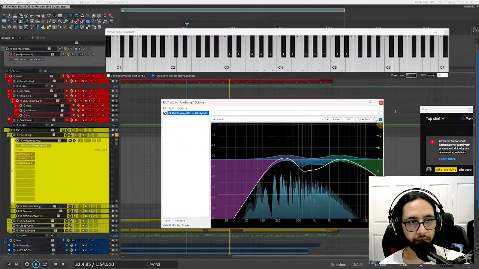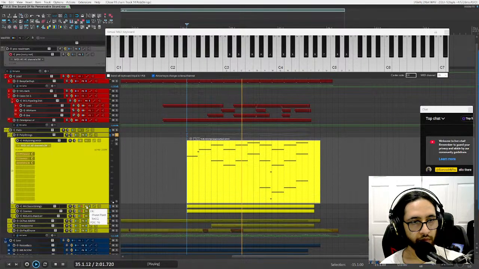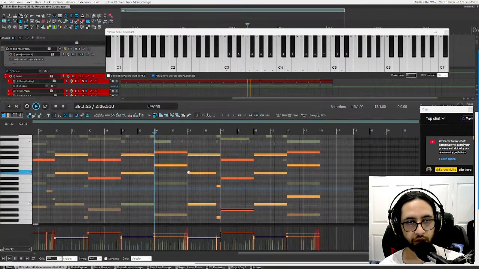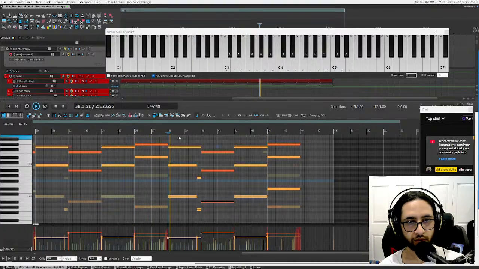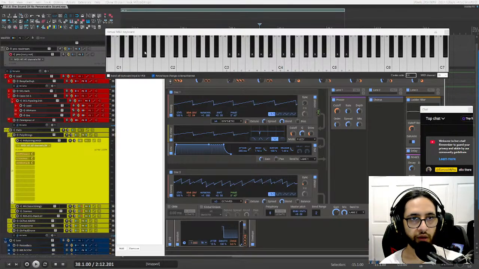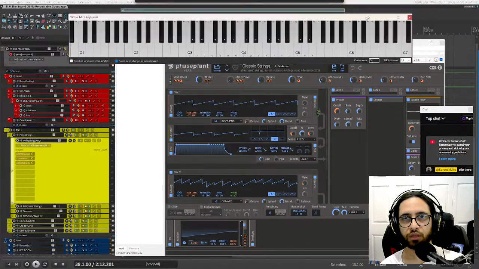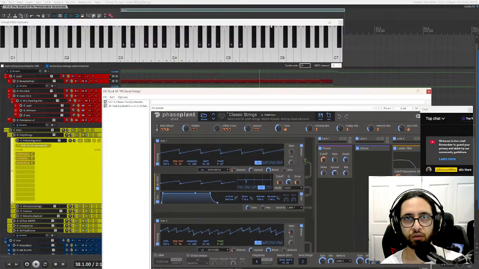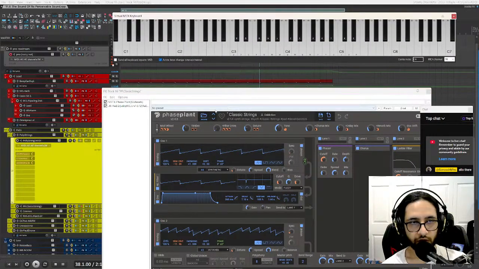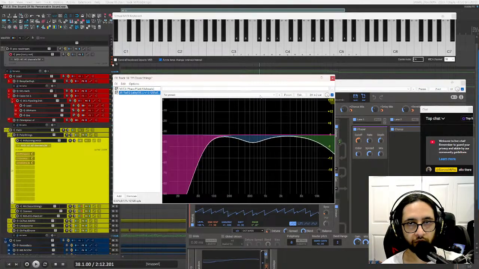So this is like a layered sound. It's mostly just following the chords. Let's see what kind of sounds we have. So the first one is a... Why is that so big? Oh, there we go. The first one is a faceplant patch with some EQ on it.